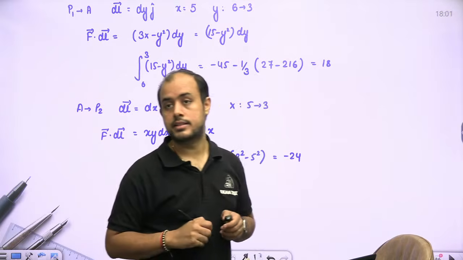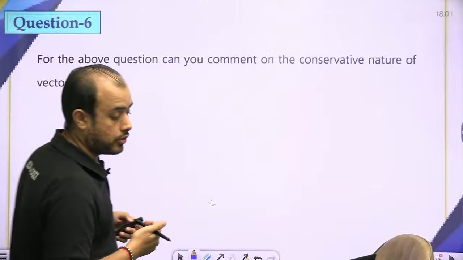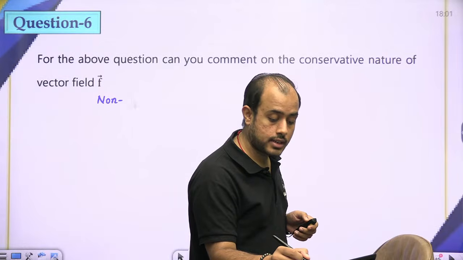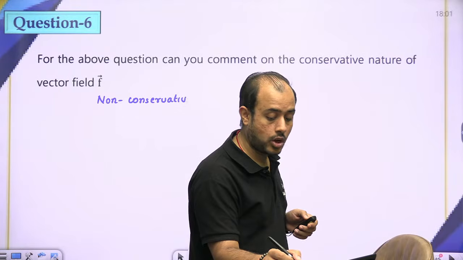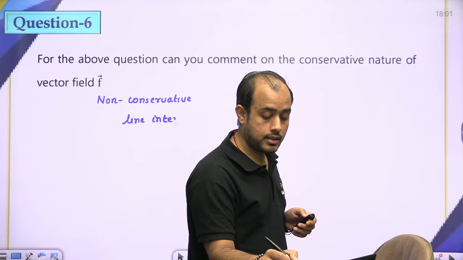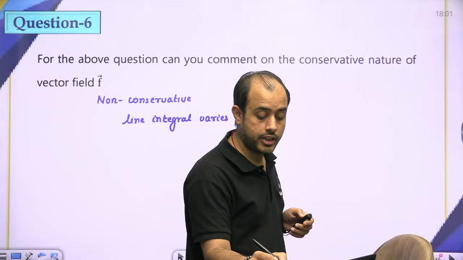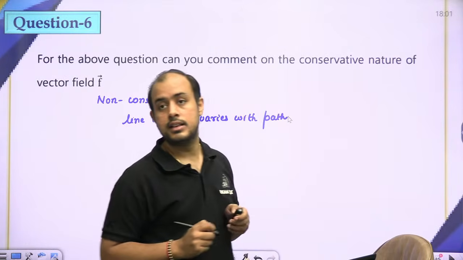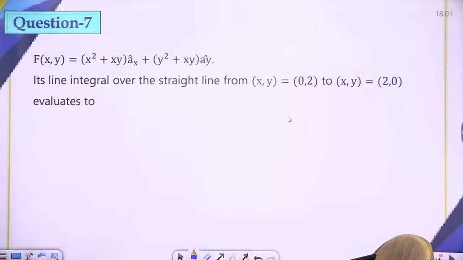Sum is minus 6, 18 minus 24, it is minus 6. So what can you comment on the conservative? It is non-conservative because integration depends on path. है ना, लाइन इंटीग्रल varies with path. If it was conservative, we should have gotten the same result in both the parts. मुझे दोनों में सेम रिजल्ट मिलना चाहिए था अगर ये कंजर्वेटिव है, ठीक है।